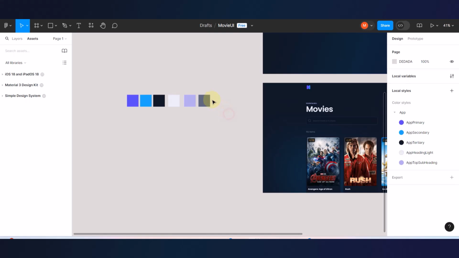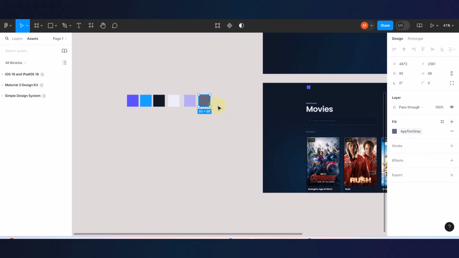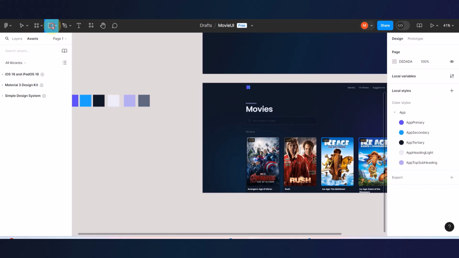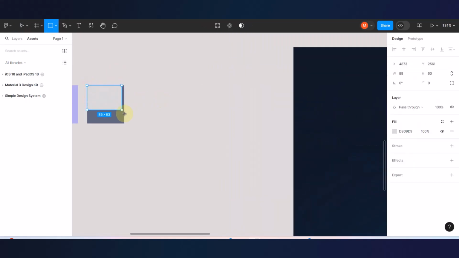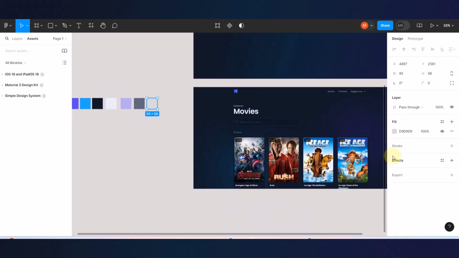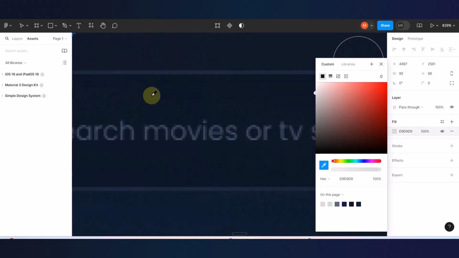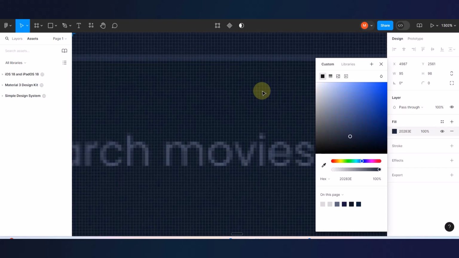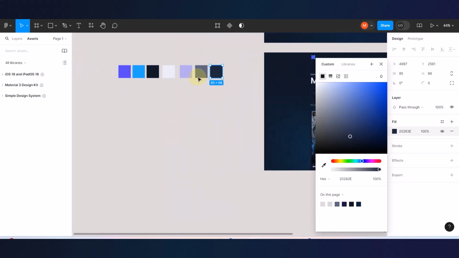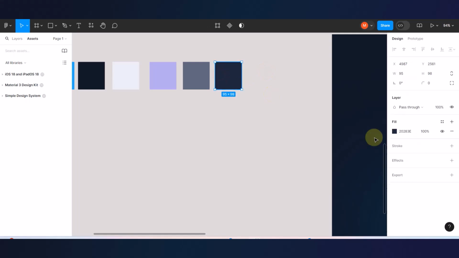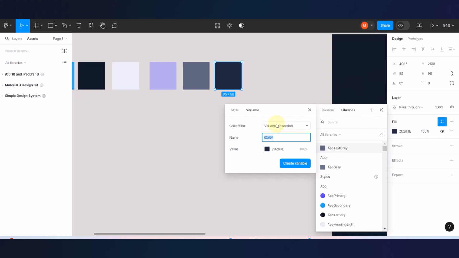I think I have missed the last gray here. Let me just put another square here. The last one. My apologies about that, I forgot about it. I think the last one will be the muted one. I don't think this is the same as that one. Yes. Let's call this muted gray. Okay, let's go to here. My apologies about that. Let's click on this one and let's go here and type